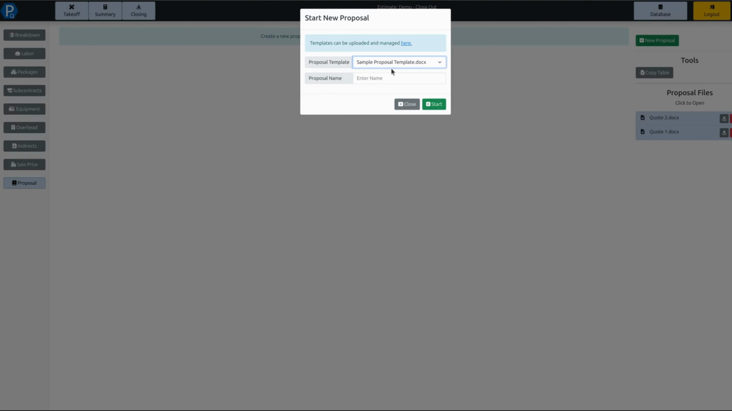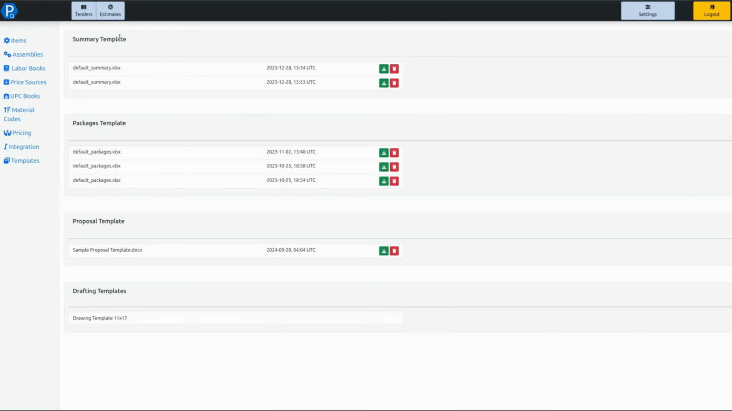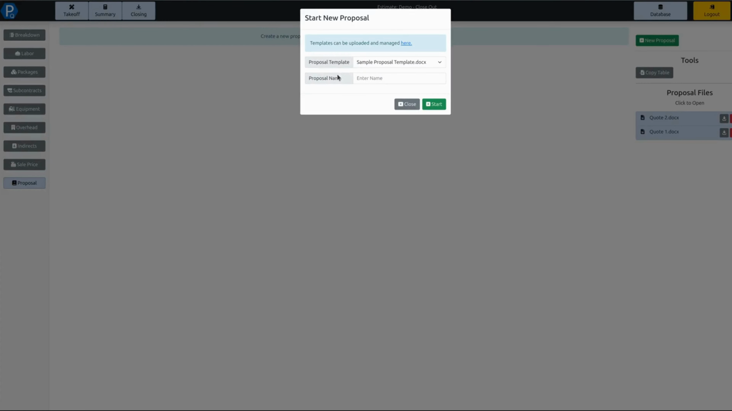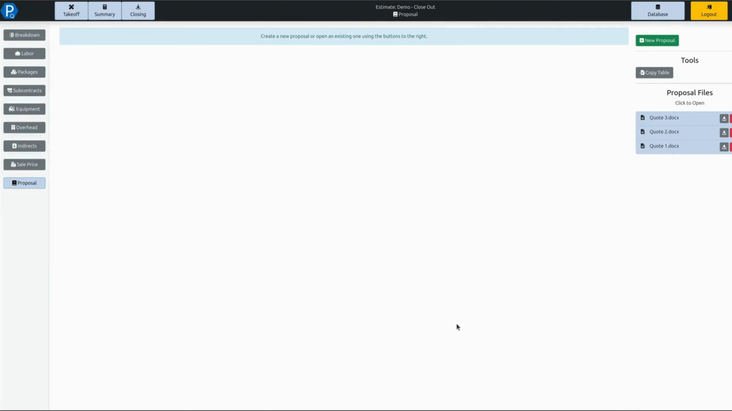But at the end of the day, it is the method that you want to use to present your proposal to the client. So your scope letter, your lead letters, those sort of things, you can attach all of those in through the templates manager by clicking on this link, which will take you into the database editor, and you can upload your own proposal templates here in whatever format you use. You can then give it a name. I've already done a couple of different proposals in here, so I'm going to call this quote number 3, hit